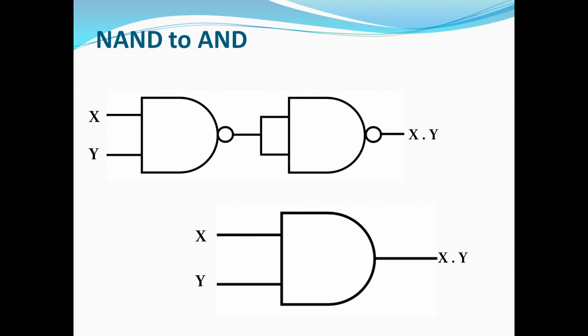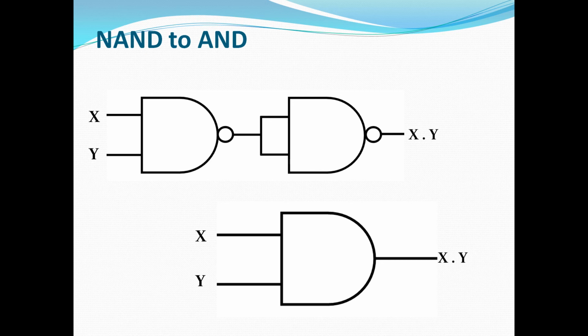In the first figure, two inputs are there. In the second figure also, we are giving the same two inputs. In the first figure only one output is there, and in the second figure also the output is one. But the outputs are the same. If you give x and y as the input, the output will be x dot y. In both the cases, the output is the same.